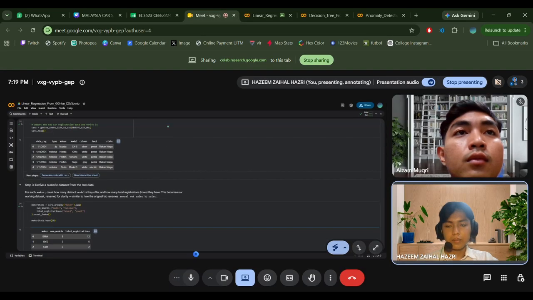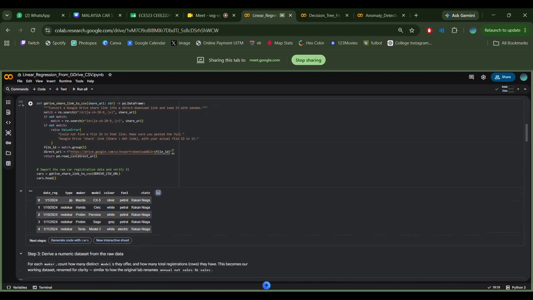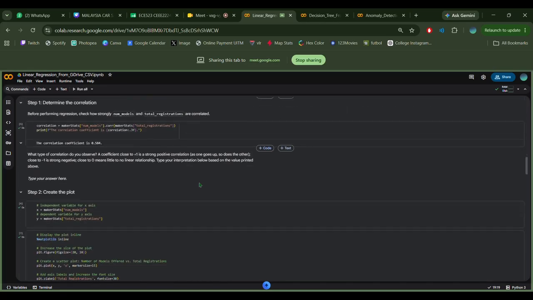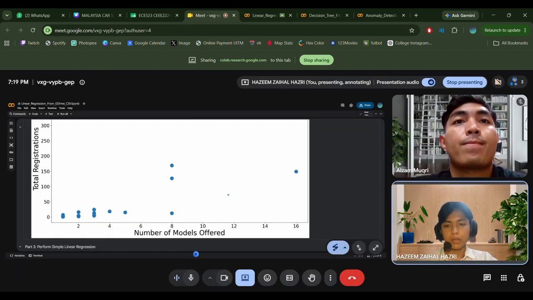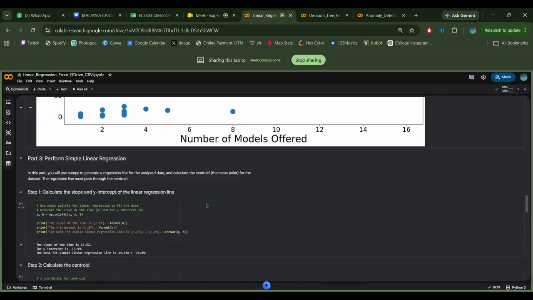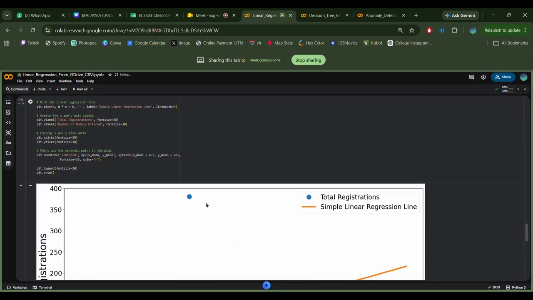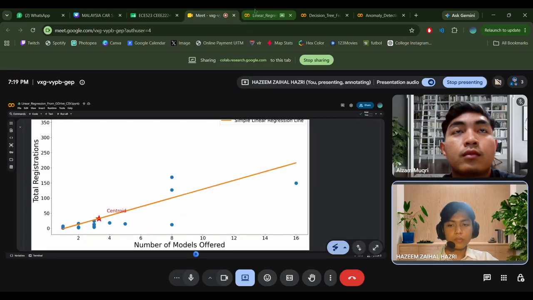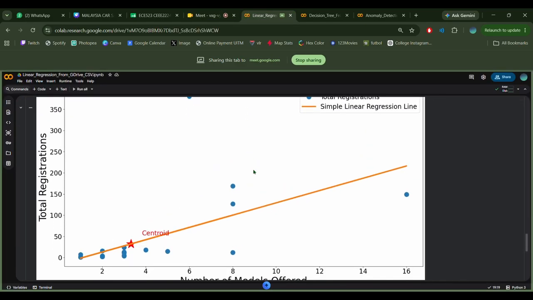Here's the table for our correlation, which is derived from the data set from the raw data, and it will create the plot, and then it will create the linear regression from our CSV data.